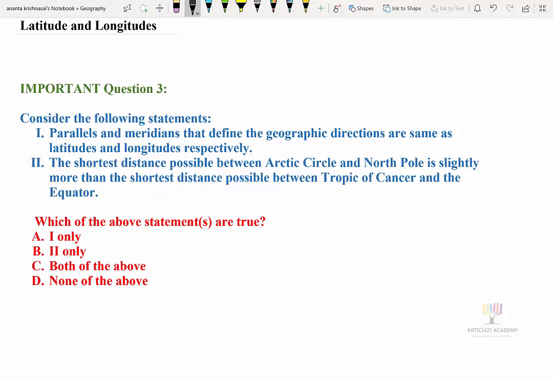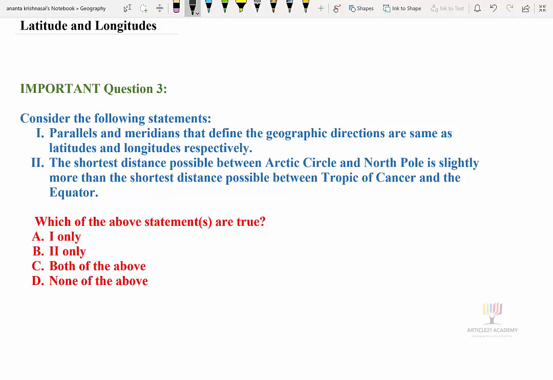And those who have found the right answer, you are really good at the concepts. Now we shall look at what are those concepts lying behind these two statements. If you look at the first statement, it gives you four very important expressions: parallels, meridians, latitudes and longitudes. Are they one and the same is what the question is asking. In order to understand this, primarily you must know that the